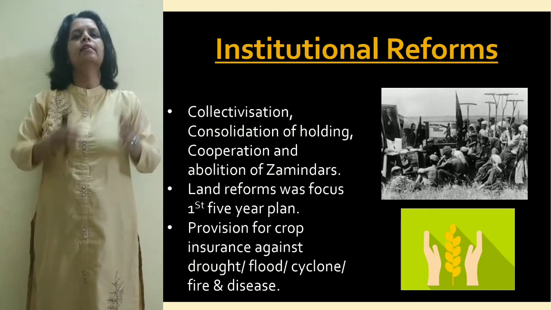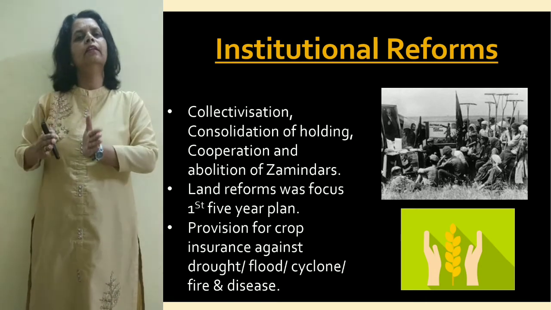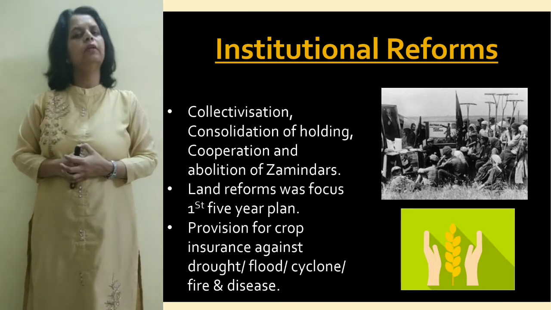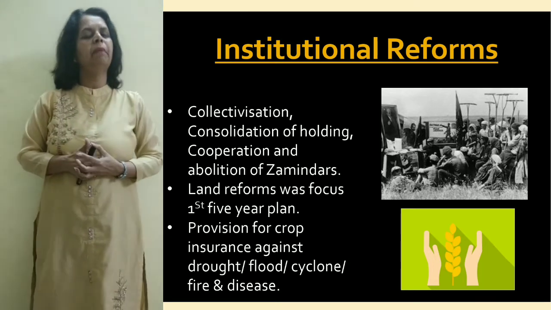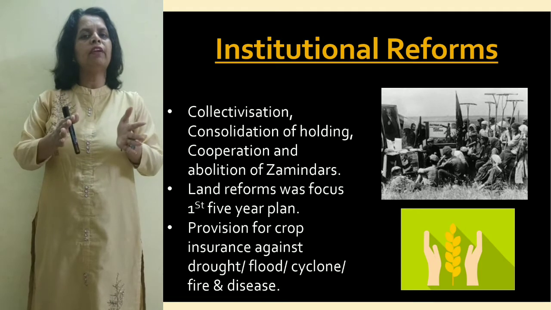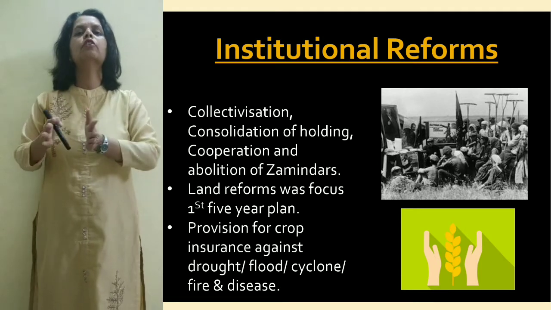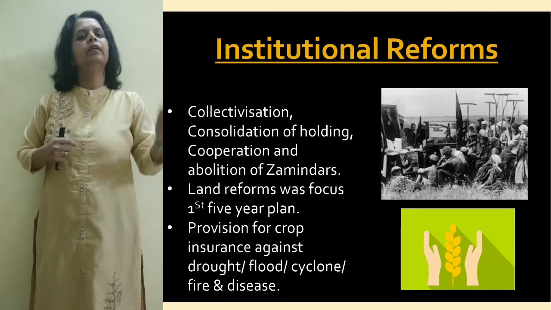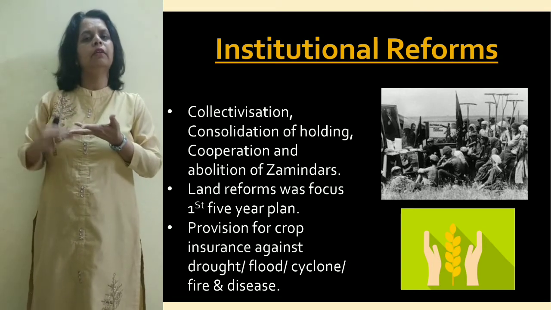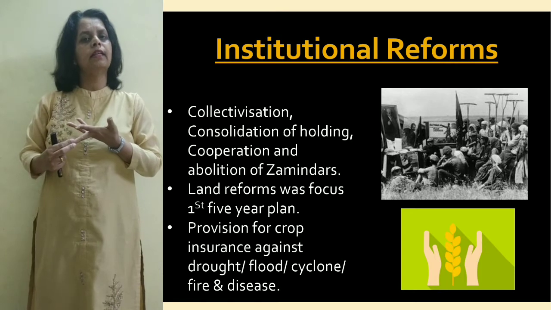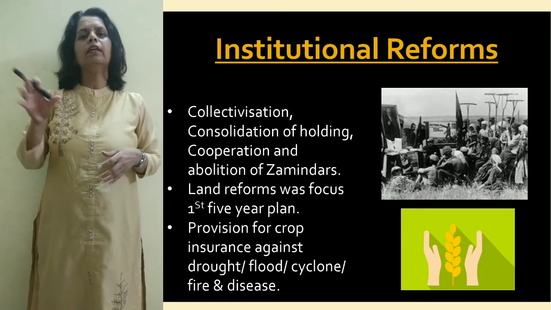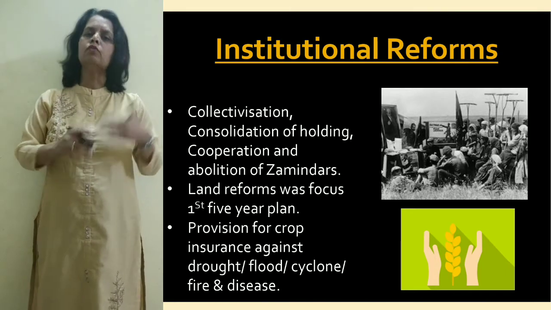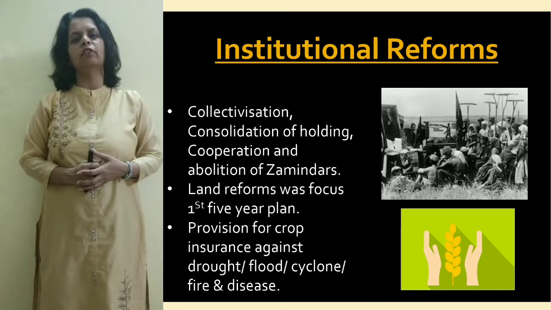Second one states that land reform has been in the focus for the first 5-year plan. You will see when the country got independence, government started preparing 5-year plans. These 5-year plans were being prepared in order to focus towards the targeted sector. Like some year they used to focus with health, some year on education, some year on agriculture sector. So this way, every 5 year in fact, some or the other targets used to be there so as to improve that particular sector.